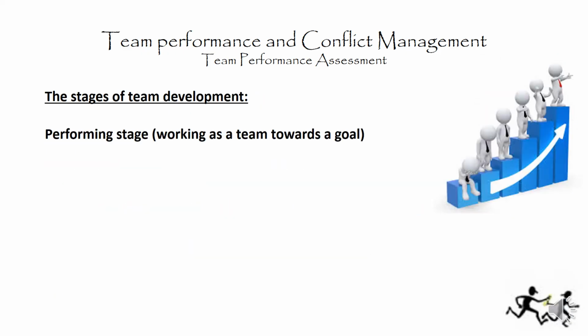The next stage of team development is the performing stage. So this is the stage where they are starting to work together as a team so that they can reach their goal. Team members are aware of the strategies and aims of the team. They have decided what needs to be done in order to reach their goal, and everybody knows. It has been communicated to everybody. Everybody's clear on the plan of action that is going to be followed to reach their goal.